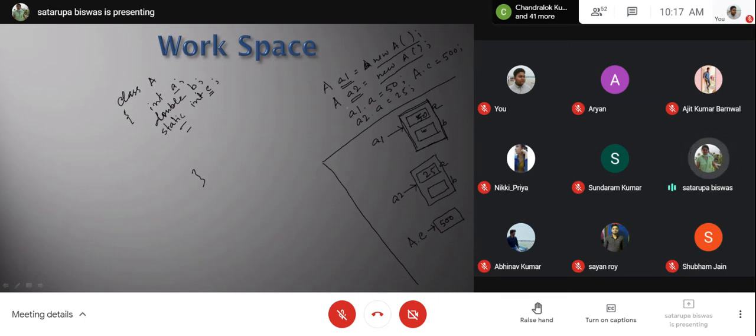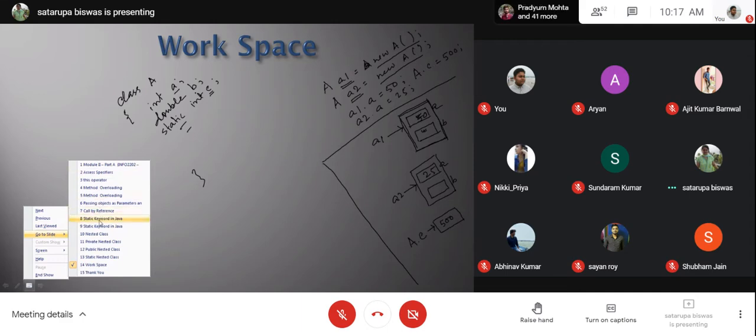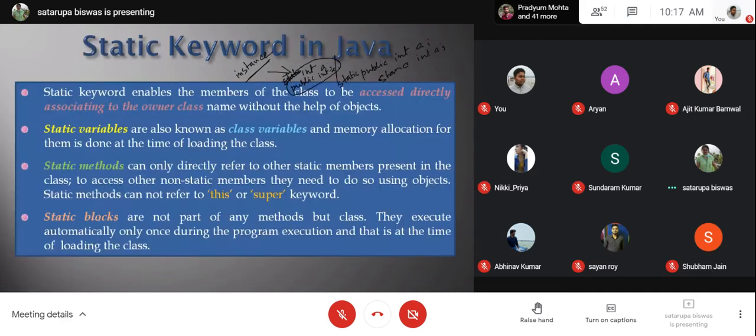So this is the basic difference between the instance variable and the class variable. Only one copy will be maintained throughout the class, and different copies will never be present for different objects. So for the presence of the object, the static variable's existence doesn't matter. That is the implication of static.